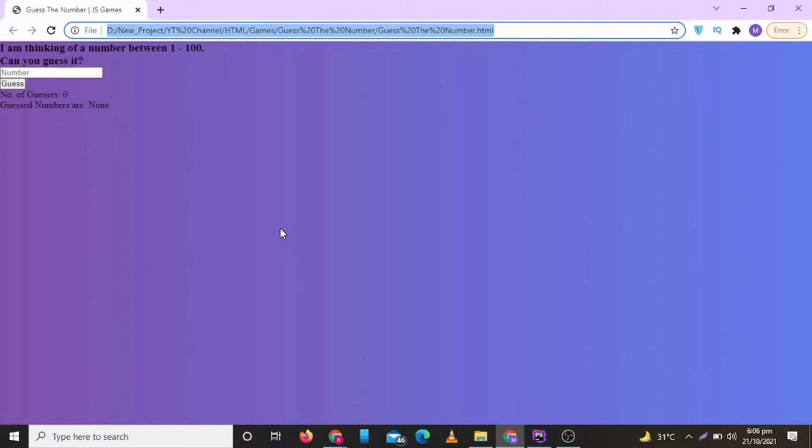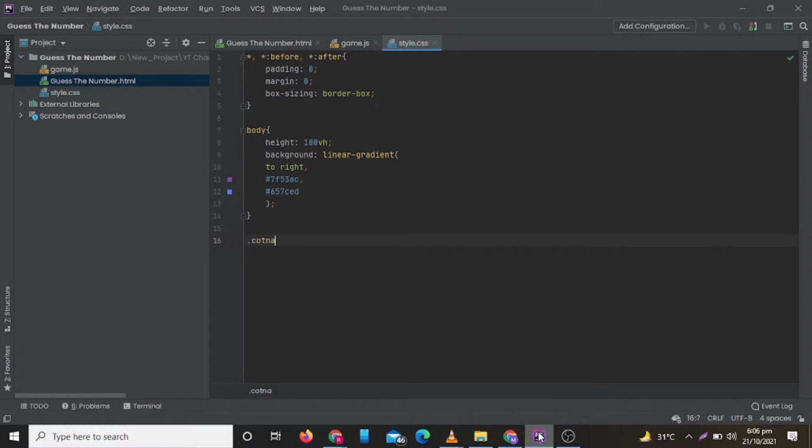Now let's check how it is looking. So our background is looking good. Now let's align our text to center.